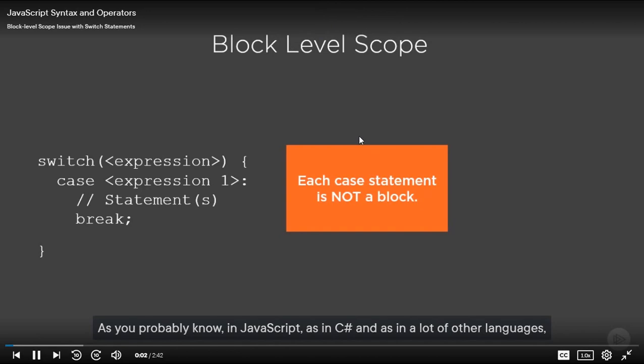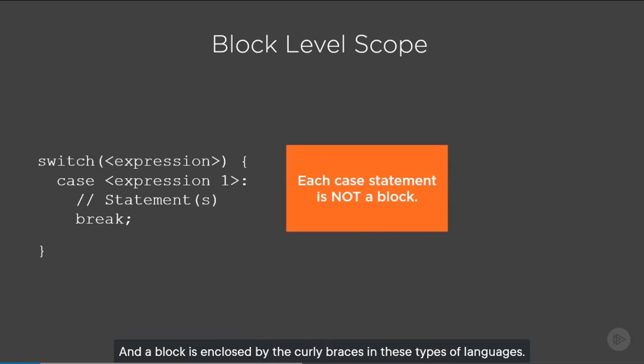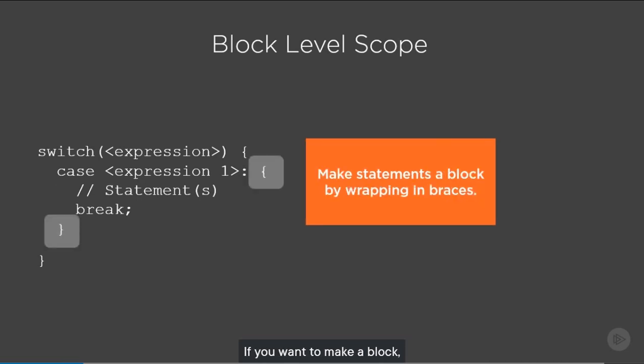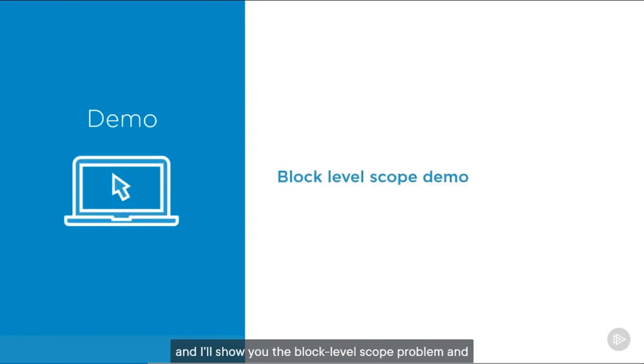As you probably know, in JavaScript, as in C# and as in a lot of other languages, there can be a block, and a block is enclosed by the curly braces in these types of languages. So the switch statement is a block, but each case statement is not a block. If you want to make a block, you must make statements a block by wrapping them in braces. So the case statement can be wrapped within braces, and that would then make it a block. So why is that important? Well, let's take a look at a demo, and I'll show you the block level scope problem and a resolution